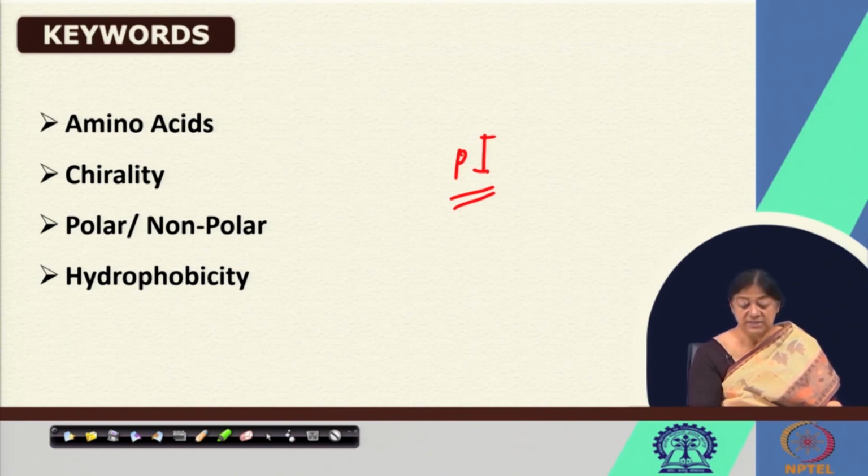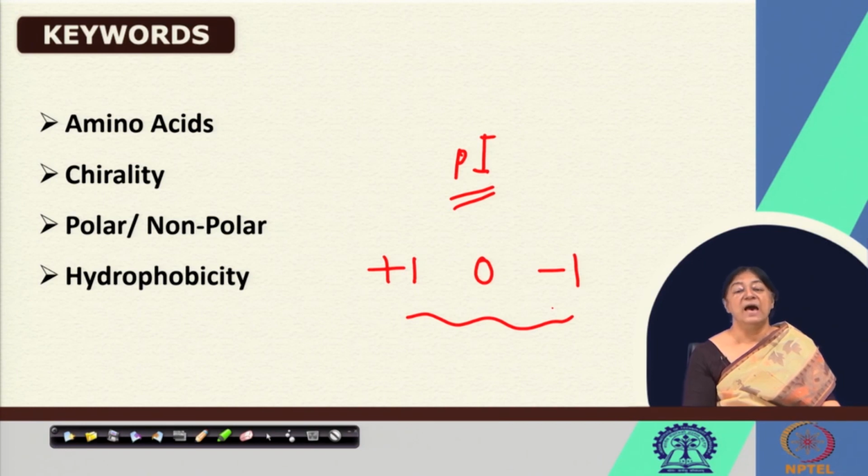It will tell us, taking us from a charge of +1 to 0 to -1, that this is important. And when we looked at histidine, we found out the importance of histidine in terms of its environment, as to how easily it is going to lose the proton that is associated with the imidazole group of the side chain,